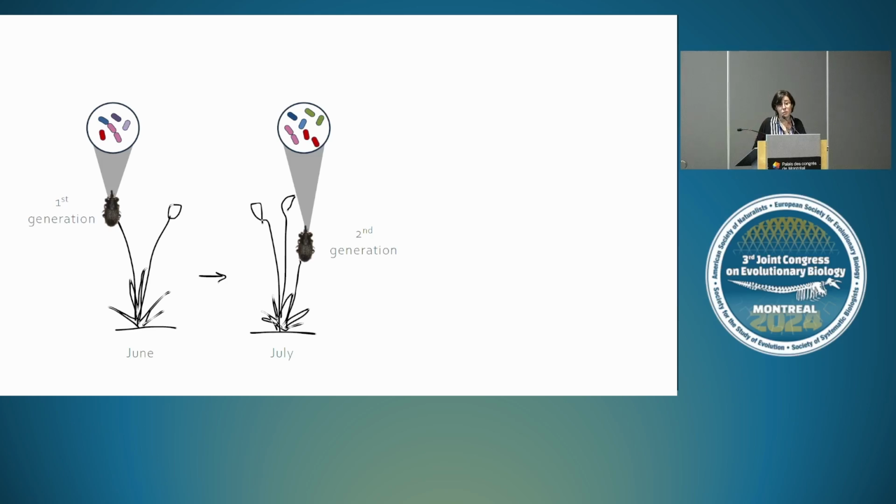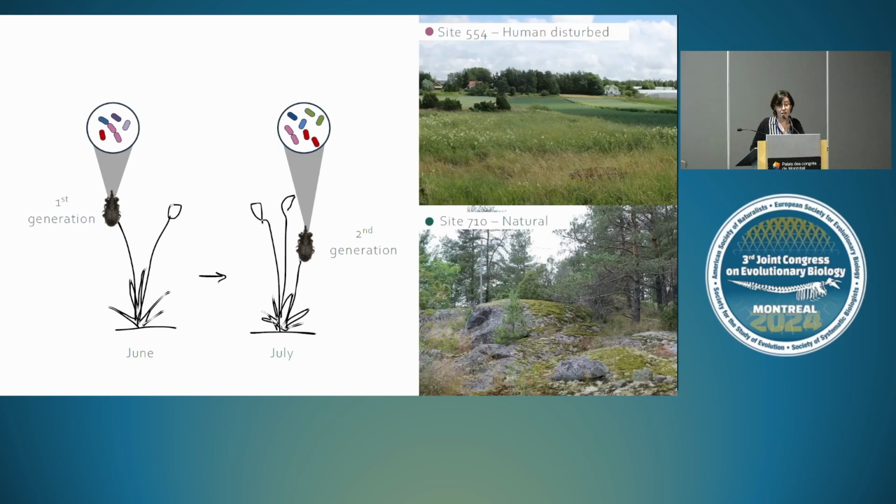But then when we go back to the field in July, we could actually be sampling these samples that were offspring of the samples from June. And then again, when we see the effect of the habitat disturbance, they were absent for every analysis that we saw, and the explanation for this could be the same that we have for the insect community. That what could matter more in this case is the quality within the site, not surrounding the site.